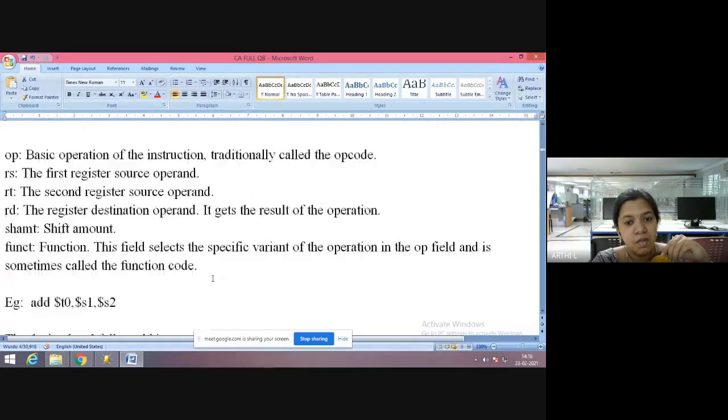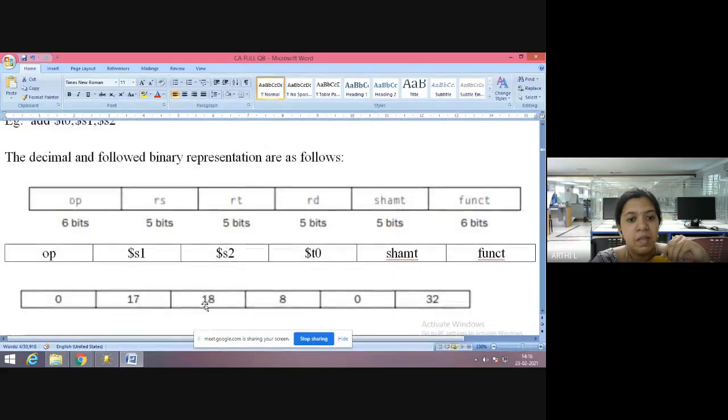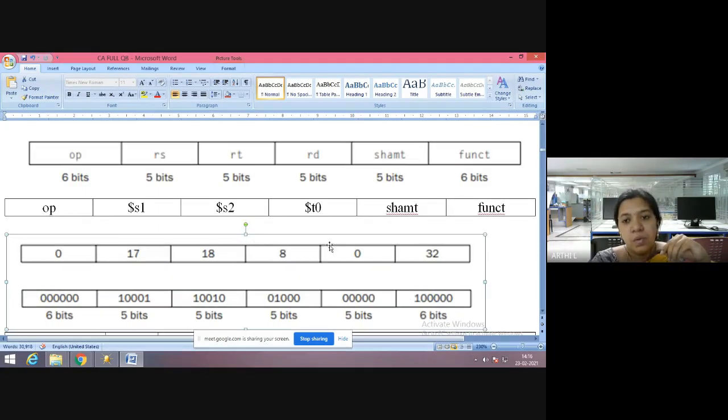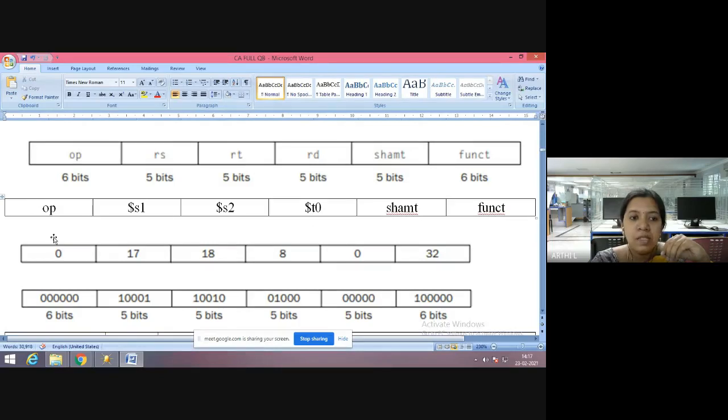That's what is written here: 17, 18 and 8. It means S1 is 17, S2 is 18, T0 is 8. So this shift amount will be 0. We are not going to use any shifting now. And opcode is 0 and function is 32.